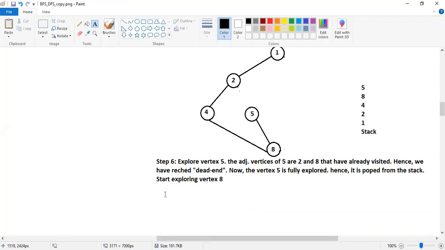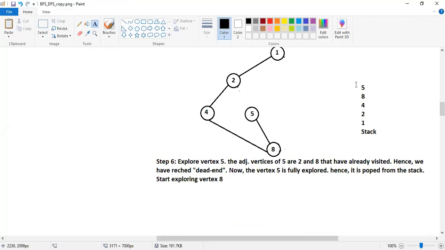Step number 6: we start with the exploration of vertex 5, and we find that there are 2 adjacent vertices, 2 and 8, which have already been visited. So now 5 has been explored. Since it is explored, the stack cannot contain explored vertices.